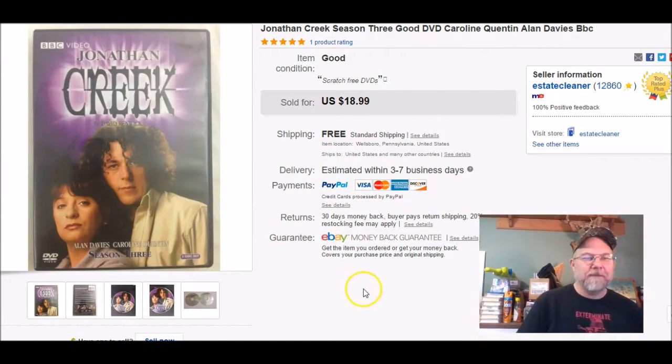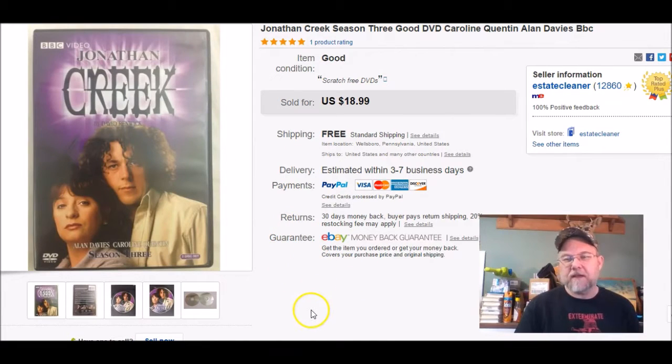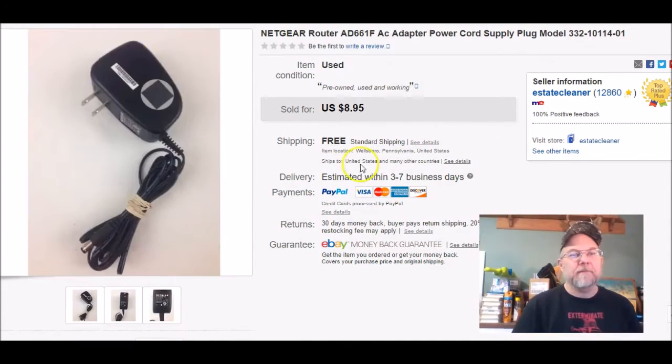Some of them are really really good, but then they changed their policy after that, and when they had their bag sales, they only let you take 3 of each. So yeah, but this thing I got in a bag sale is Jonathan Creek. I guess it's a show on BBC. This was probably like 50 cents, and was listed June 25th and sold December 2nd, and I got $18.99. I got $19 free shipping. So sweet. Next,